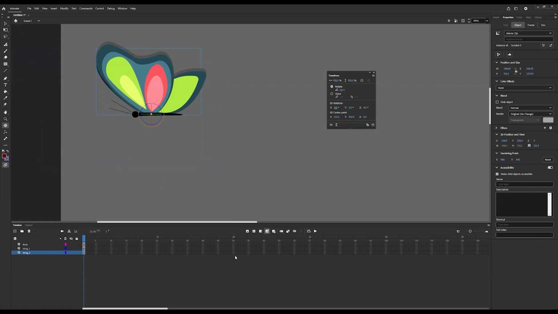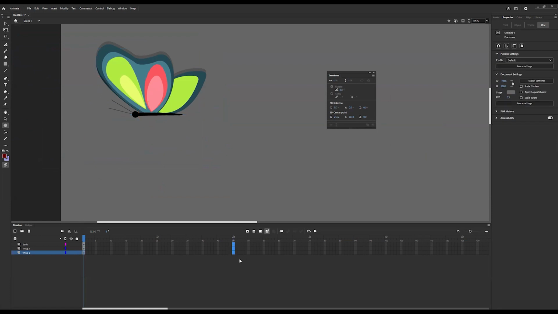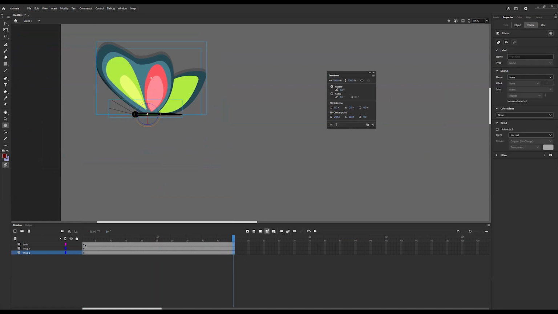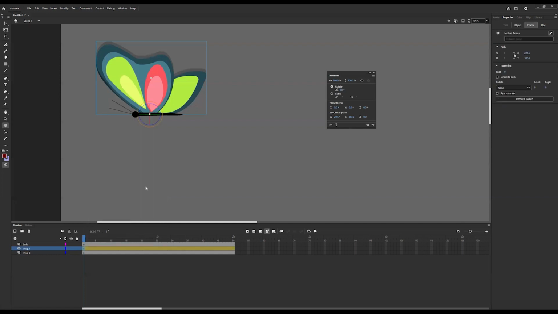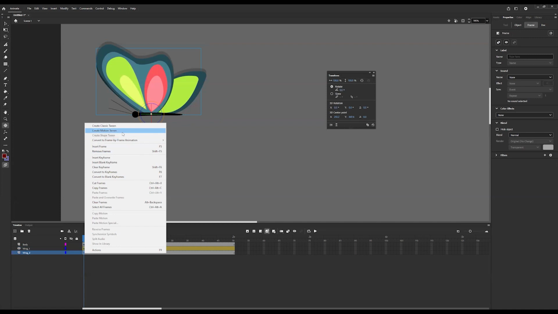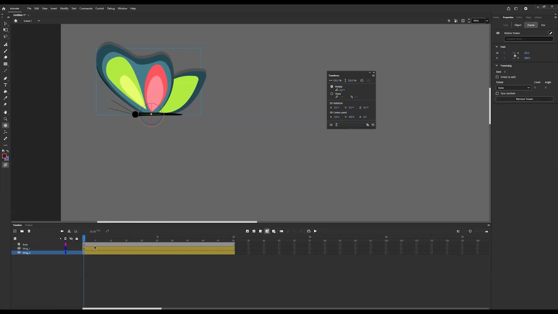Let us insert a blank frame by pressing F5. Here, for the first one, right-click, create motion tween. Focus on something also: 3D tools will not work with the classic tween. The 3D tools we have work only with the motion tween. Let us change both of them to motion tween. And here at frame 5,